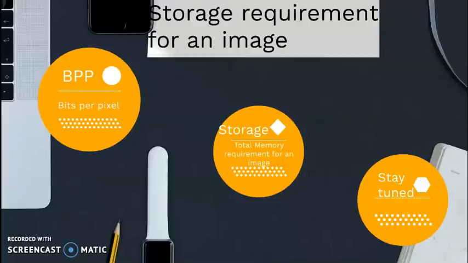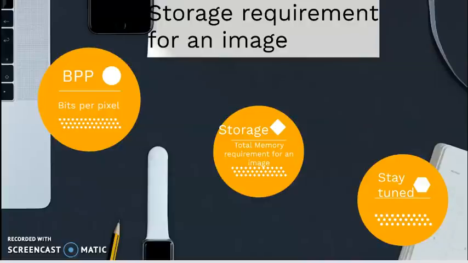Hi guys, welcome back. In my previous session, we have seen basic concepts of computer graphics and basic definitions like what is computer graphics, applications, and also definitions of pixel, the importance of resolution, and also why do we need aspect ratio. We have also seen how we put a color in an image.